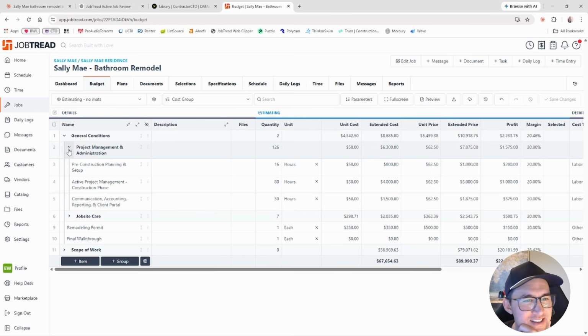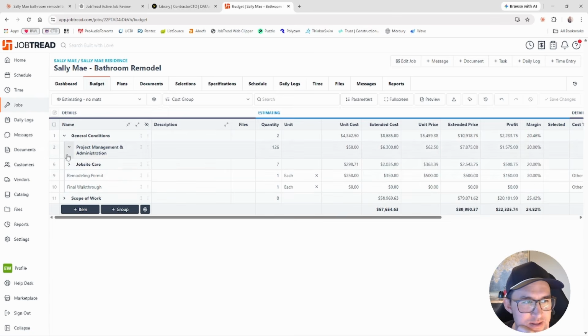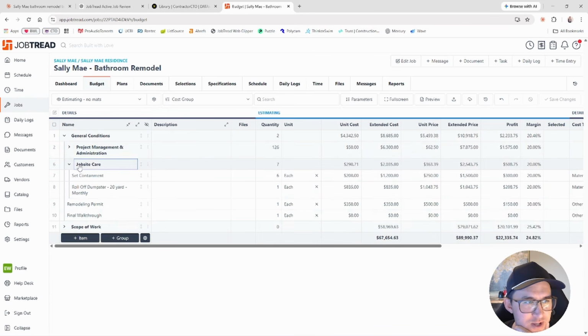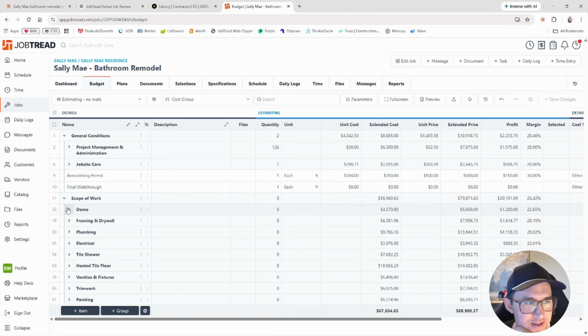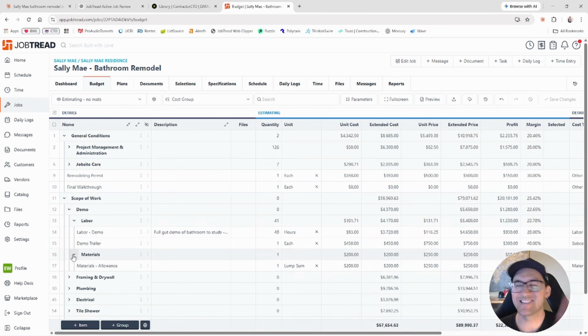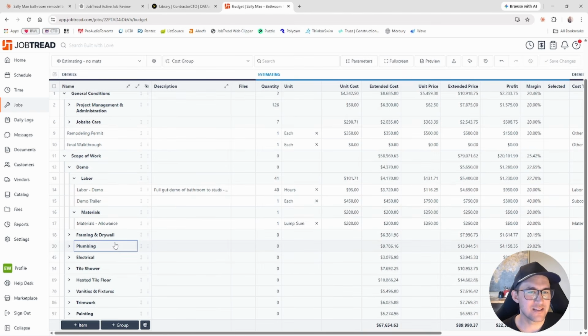That looks sick. With my pre-construction, project management, communication admin, cost items, my job care, set containment, dumpster. And then I've got my scope of work, which is in labor and materials, which is exactly how I want it. That is awesome. Oh, that's so cool. And it's using all my existing